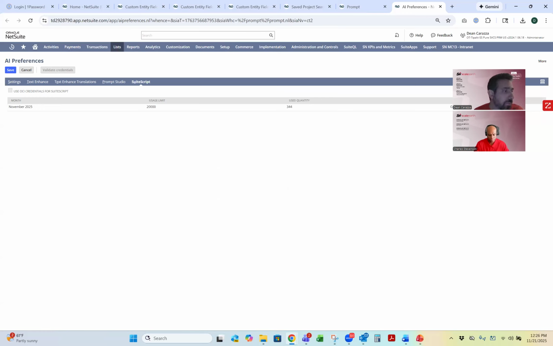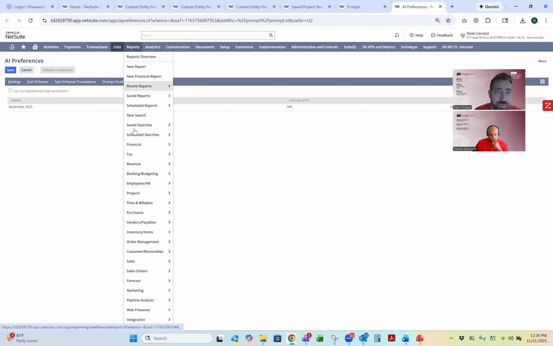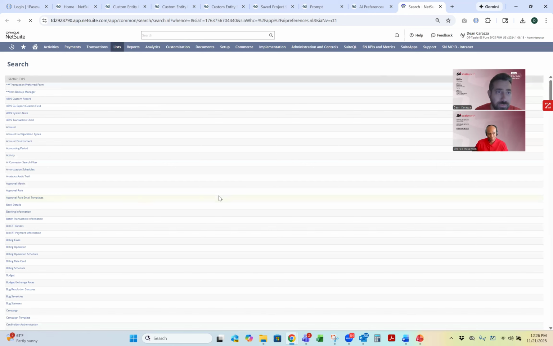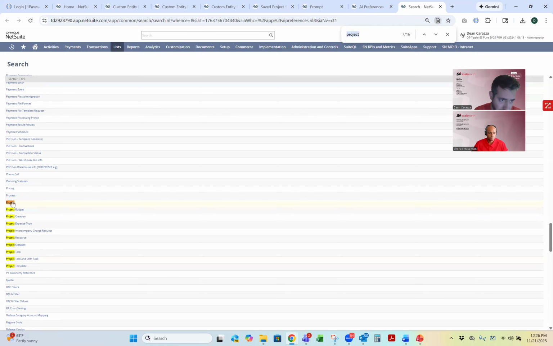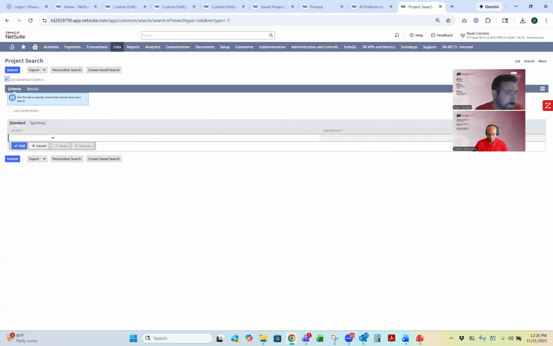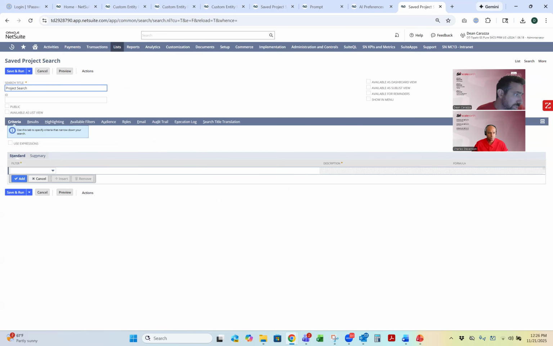All right. So up next, we will now proceed to creating the saved search that will feed our workflow which projects to evaluate for risk. So we're going to build another saved search really quick. Going to go to reports, new search. Again, this is a project search. Okay, create a saved search. And this is a pretty basic search. Let's name this SNMC workflow project risk save search,